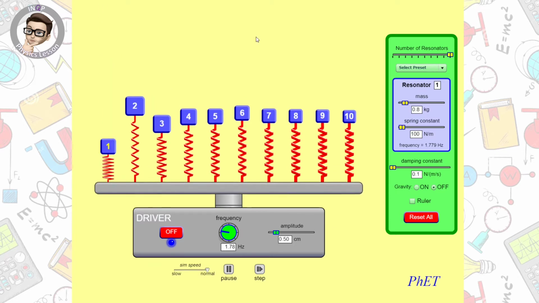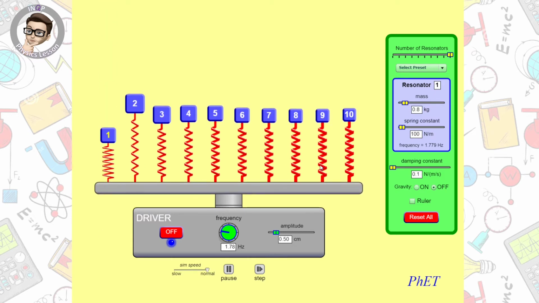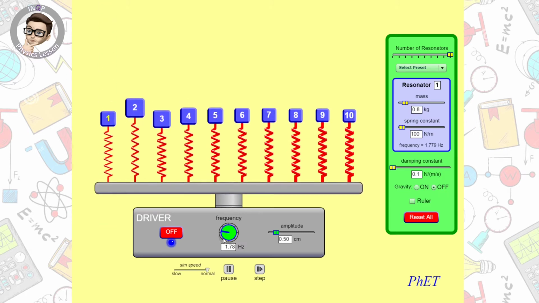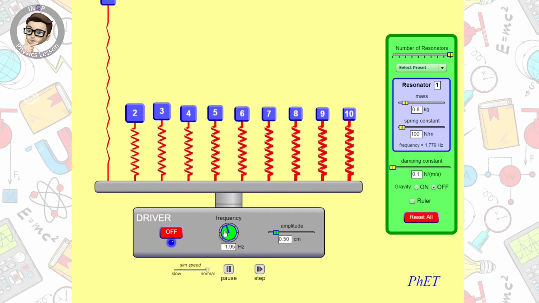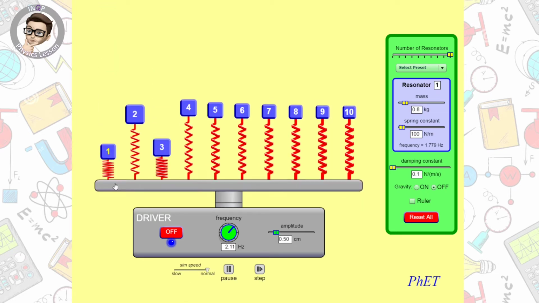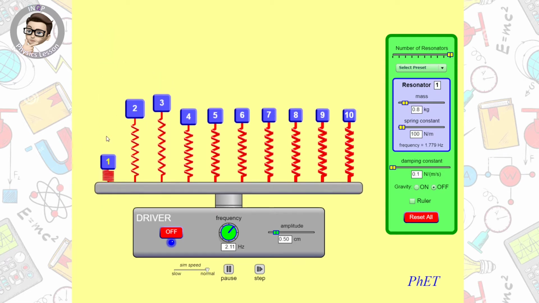In fact, let's have all 10 resonators. They all have different spring constants, and that's how stretchy the spring is. So that means they're all going to have different resonant frequencies. And as we move through these resonant frequencies, so we're at 2.11 now, notice that 1 will stop,